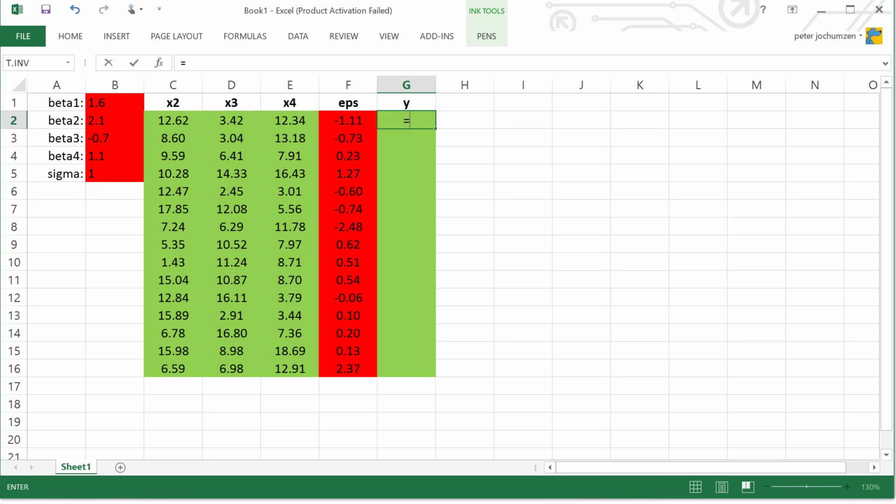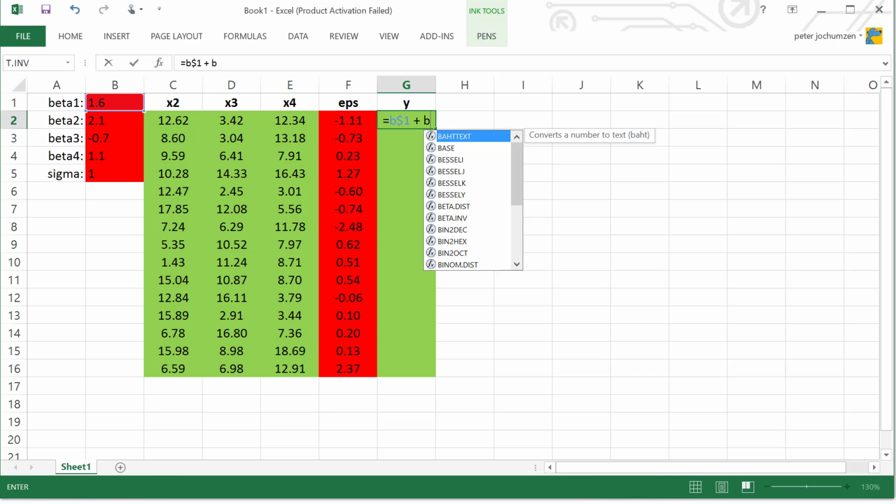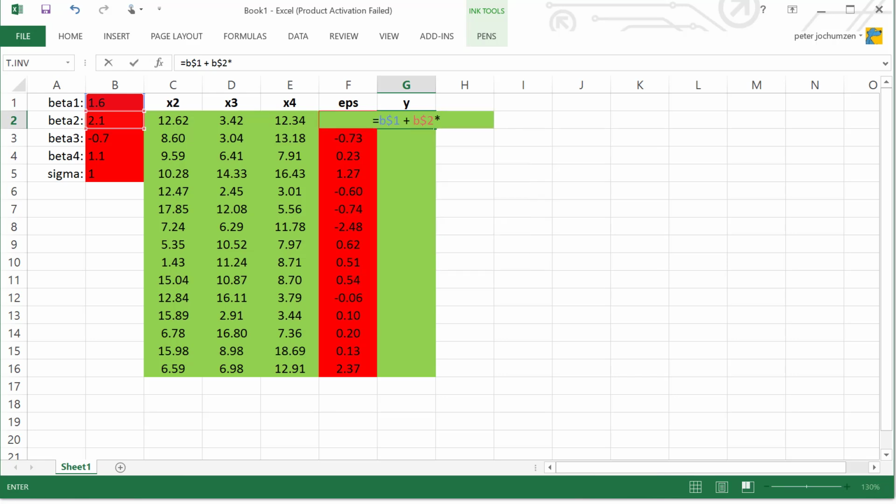And according to the linear regression model, it's equal to the intercept, which is in cell B1, with a dollar sign to keep the 1, plus beta 2, B$2, multiplied by x2, which is in cell C2, that's x2,